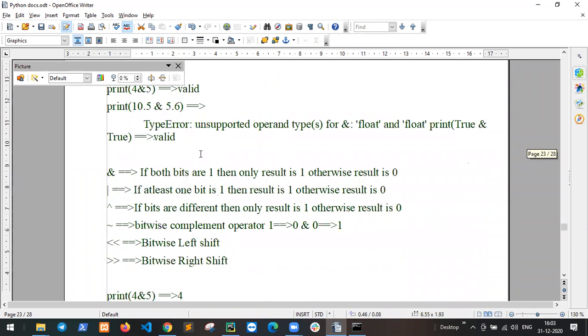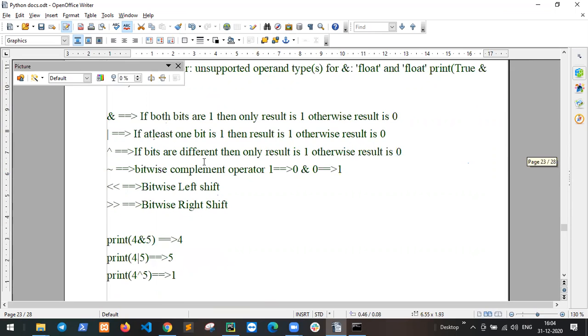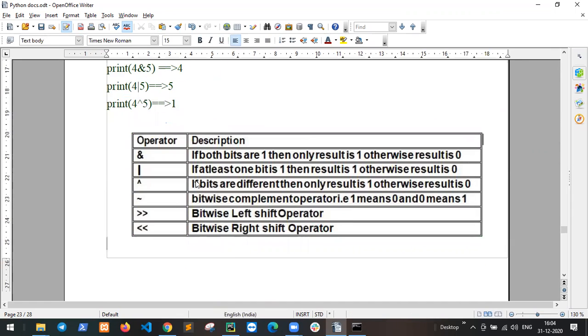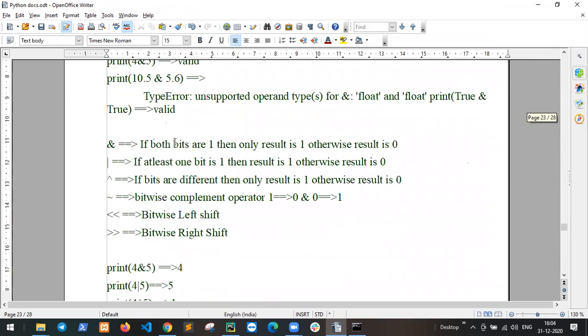So you already know the OR operator, bitwise operator, XOR, and number systems: decimal to octal, decimal to binary. Yes, sir, I know. So the result is only about number systems, and this is the same thing.